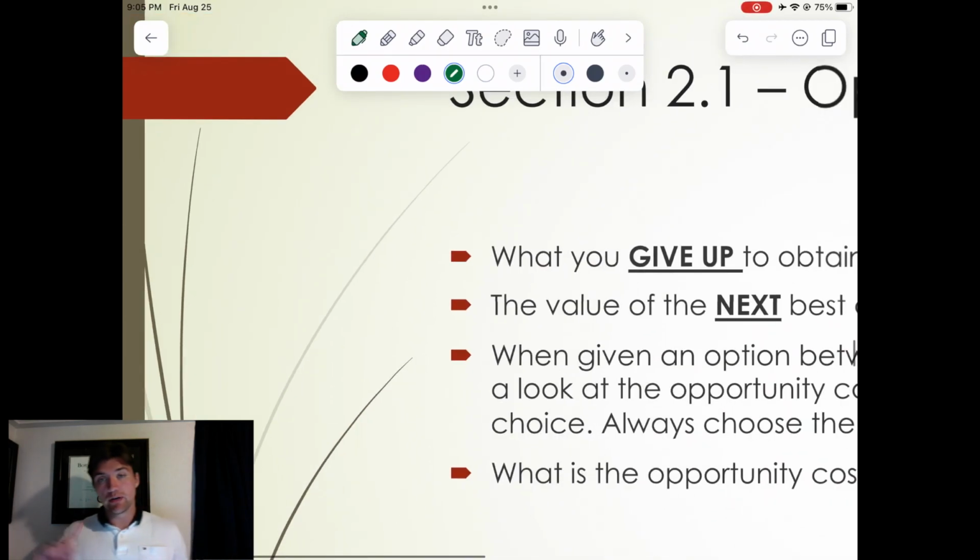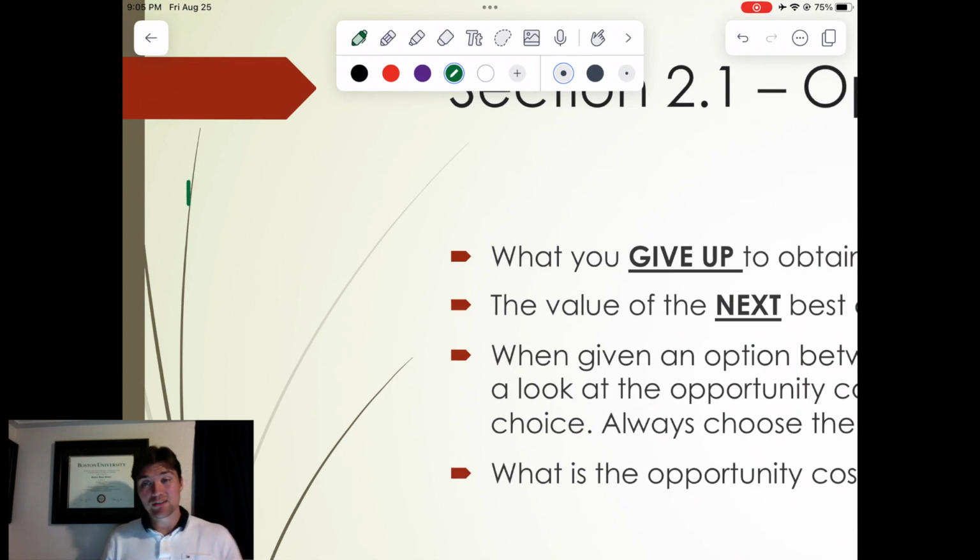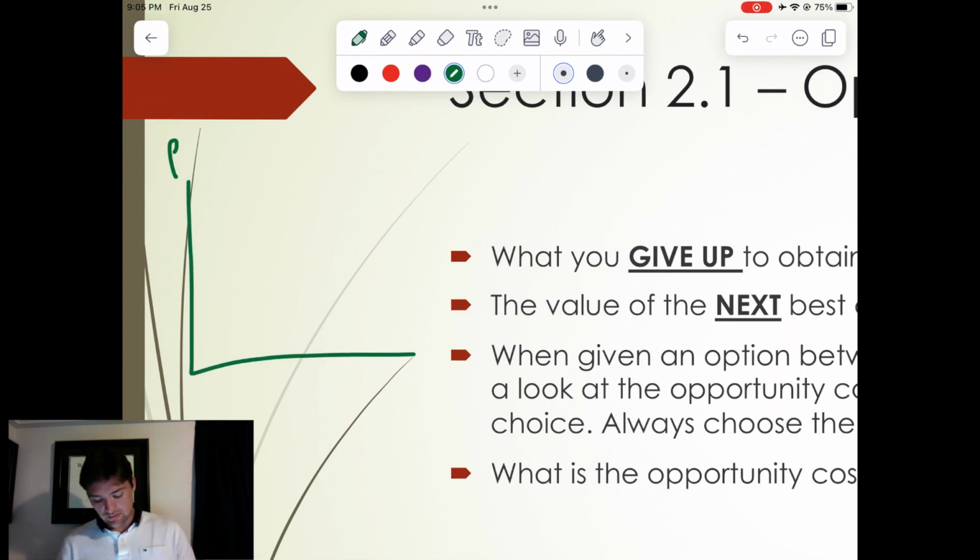So now let's talk about opportunity cost. In the previous example with the bus tickets and the burgers, we were looking at the budget constraint. What was happening was we had our numbers for the burgers and bus tickets. And if you were to put this on a graph, such as burgers and bus tickets,